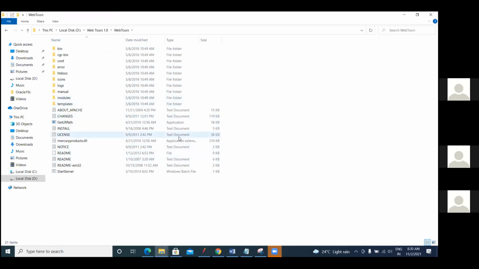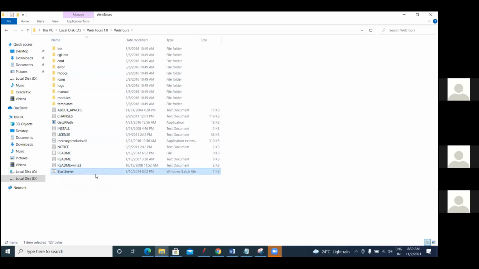I already covered that in the performance testing introduction, right? What is a web server, what is an application server, I already covered it. Now, if you want to use this WebTools application, you have to start that server first, the Apache HTTP server first. How you can start it is by clicking this start server.